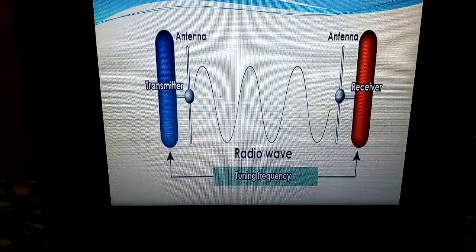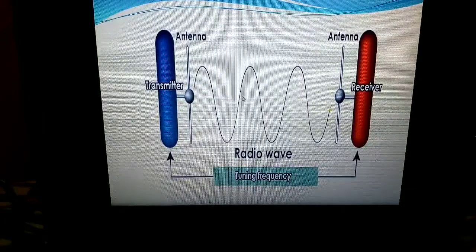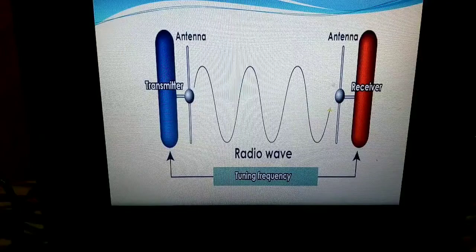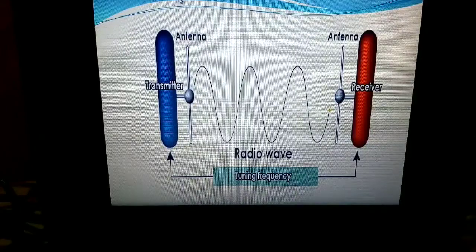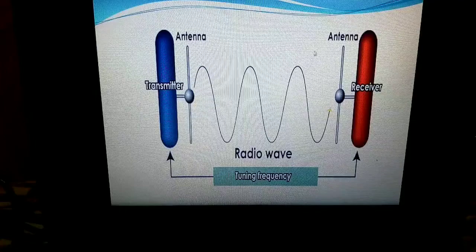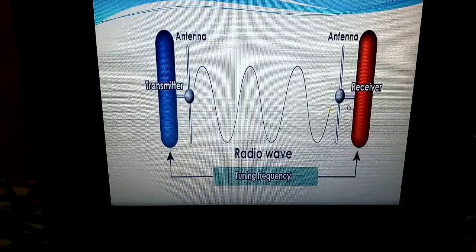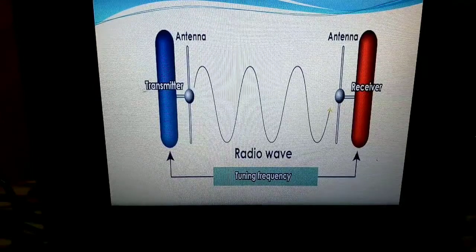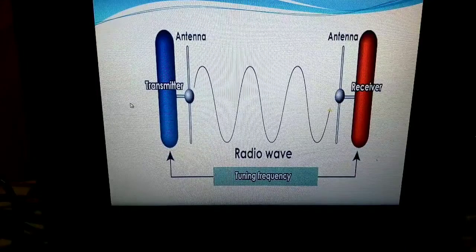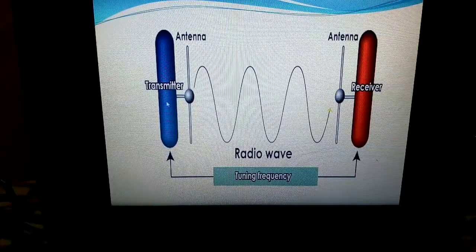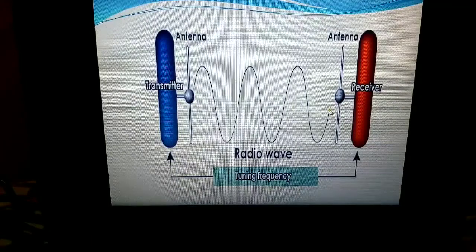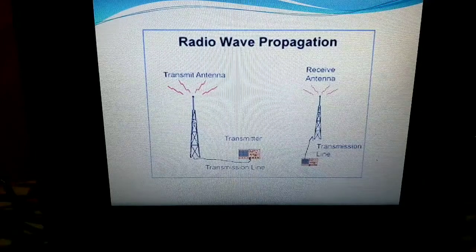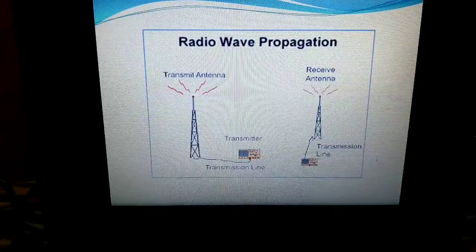The frequency of these waves will be from about 3 kilohertz. The receiver at the other end receives the radio waves and decodes the message from the sine wave it receives. This receiver decodes, and your original data in the form of zeros and ones is received. Both the transmitter and the receiver use antennas to radiate and capture the radio signals. The transmitter is again an antenna, and the receiver is again an antenna. Here I can show you. This is the transmitter. Within this antenna we place the transmitter, and within this antenna we place the receiver.